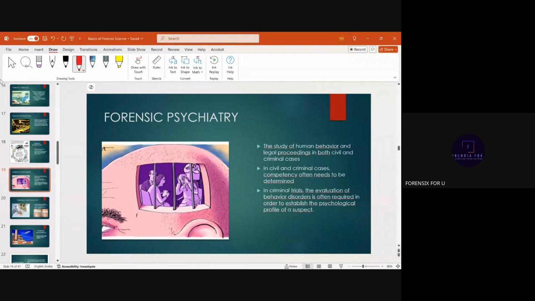Forensic psychiatry, as I told you, deals with the psychological aspect of the crime, the mental health of the criminal, the cause of the criminal behavior, and the factors that contributed to turning him into a criminal, as well as repeat offenders and their analysis. How can we rehabilitate them and return them to society? And what corrective and punitive measures can be taken?